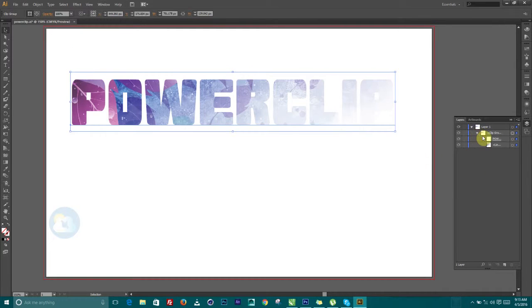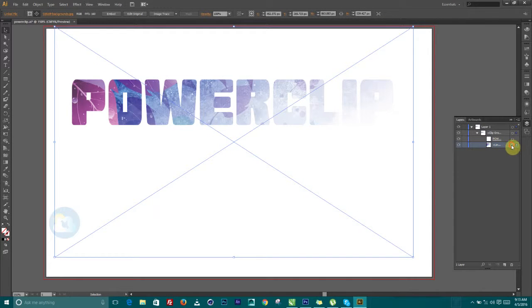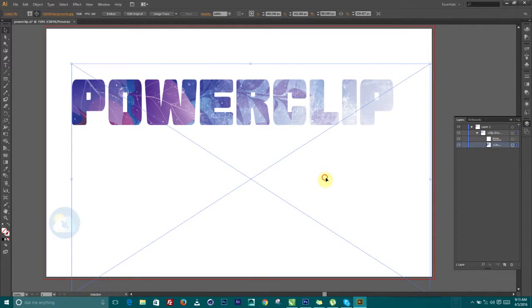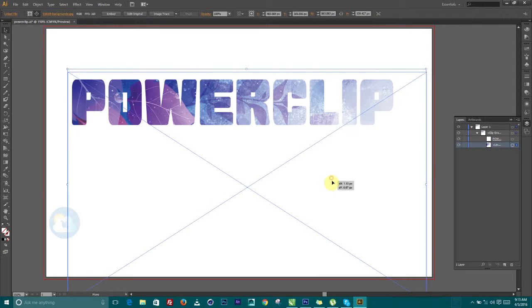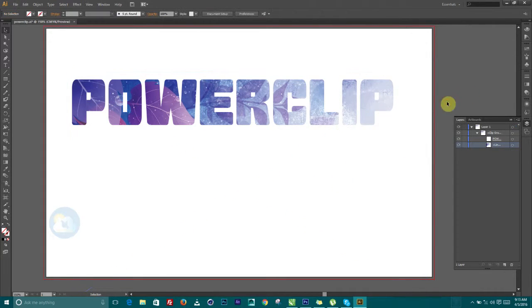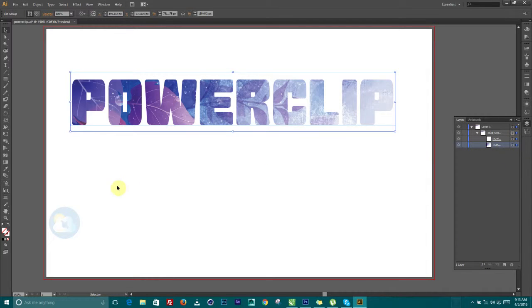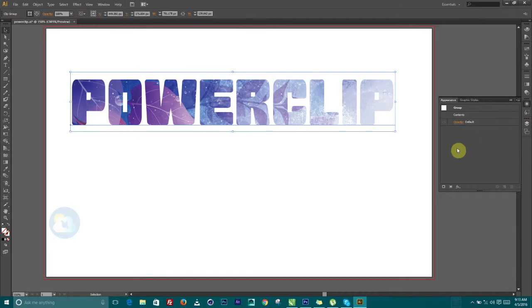But if we open the clipping mask, we can decide to move the background. So we are changing the position of the power clip. Then at the same time you can modify this and probably add some things to it. We can come over to the appearance tab and add a stroke to it.